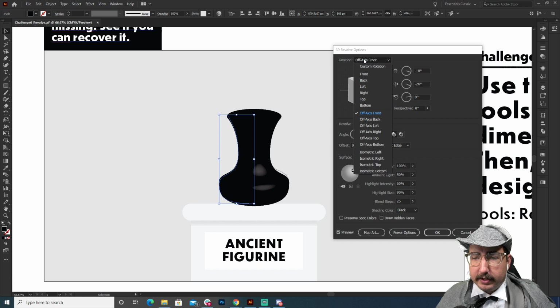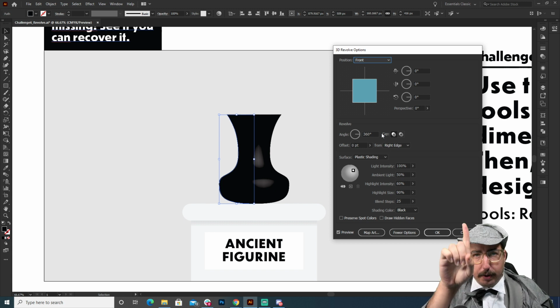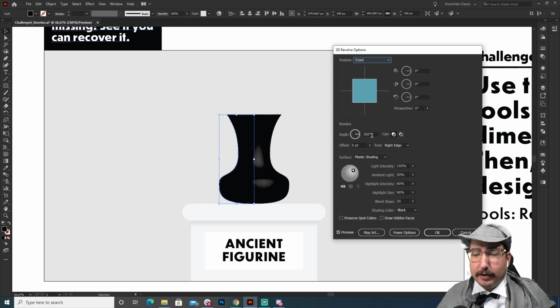So what we can do is we can select Position, go to Front, and that is just going to push it straight to the front. So we're looking good there. Now it's creating this kind of 3D shape. Love that. Looks good. We want to make sure our angle is at 360 degrees. Again, it's taking that pole position and it's flipping it 360 degrees on there. If you change that, it's going to get really wonky. I don't really know a place where I've used anything other than 360 degrees. So just flip it around there.